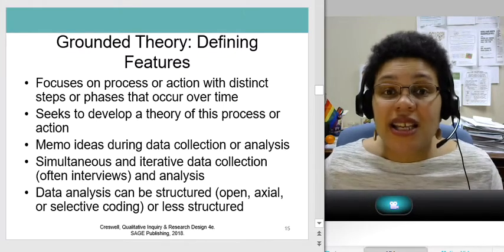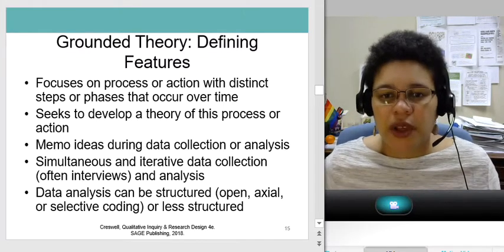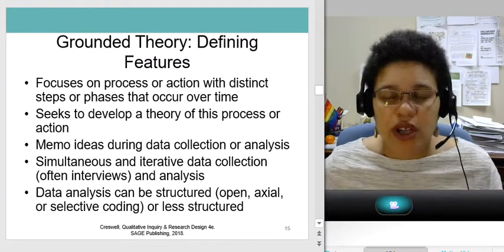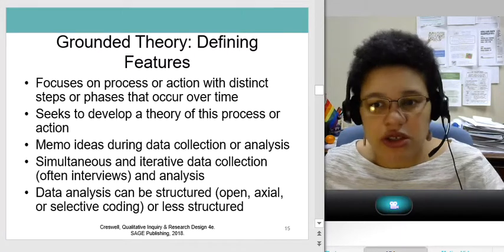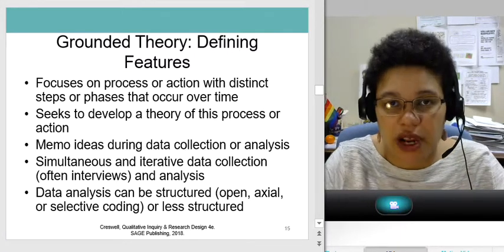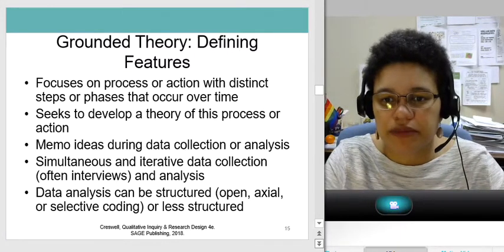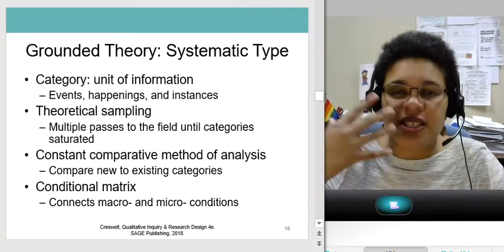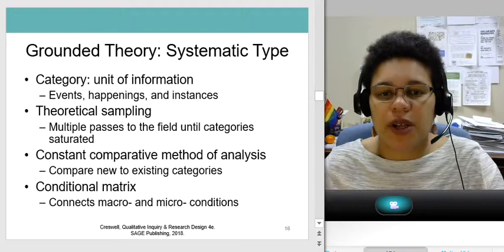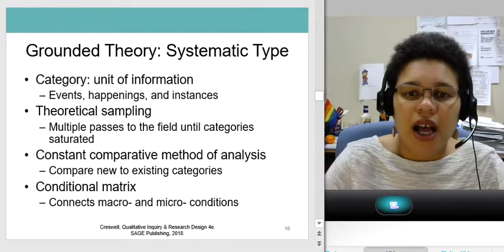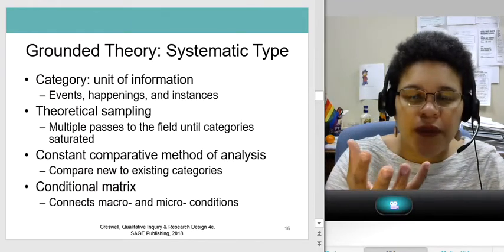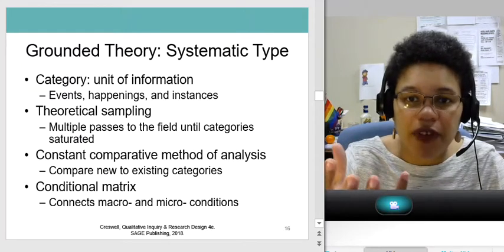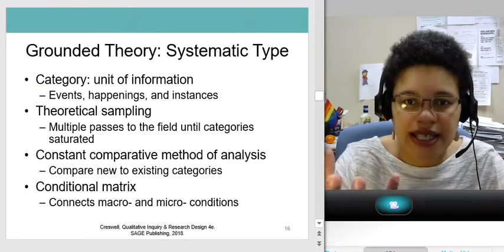The data analysis can be highly structured. There's something called open coding and axial coding and selective coding, or it can be less structured. Okay, but the classic form of grounded theory is highly structured. This systematic or classic form of grounded theory is that you have a unit of information, this category. It can be an event, a type of event, happenings, instances.